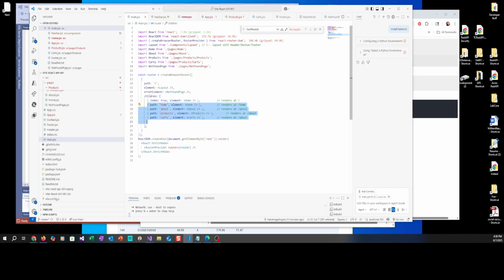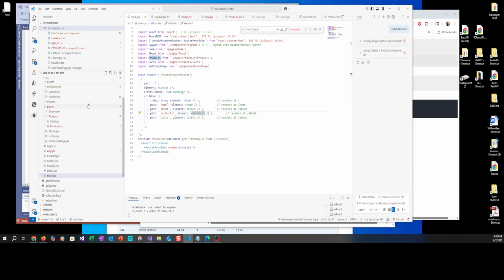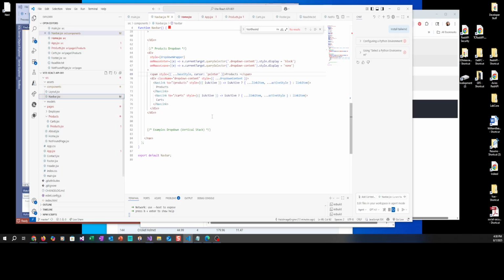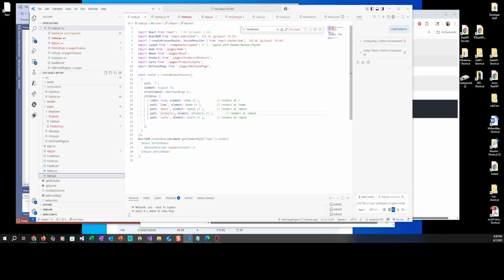And your layout, this element products, is the element that the navigation will go look for to pull back. So if you look here under navigation,